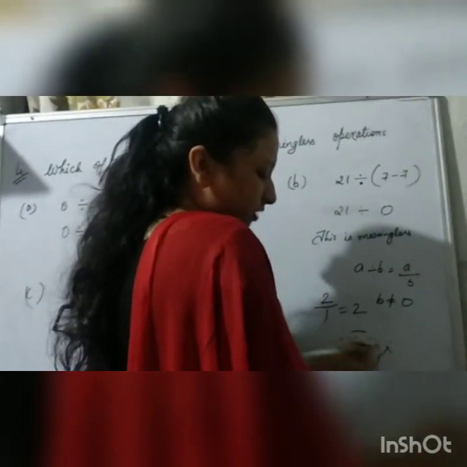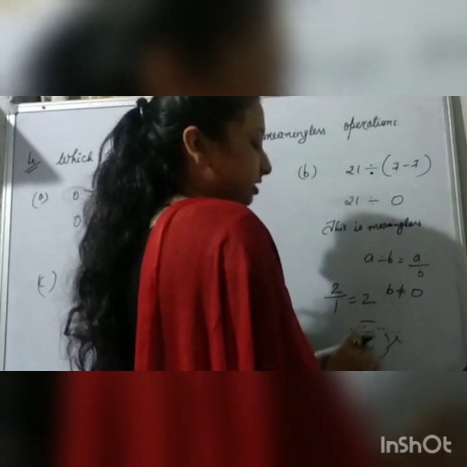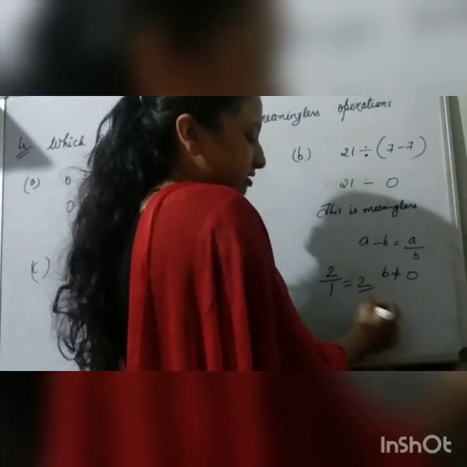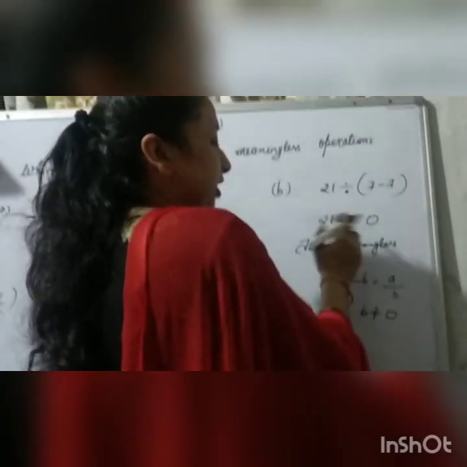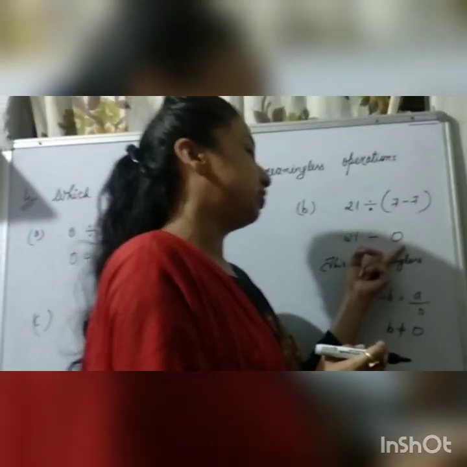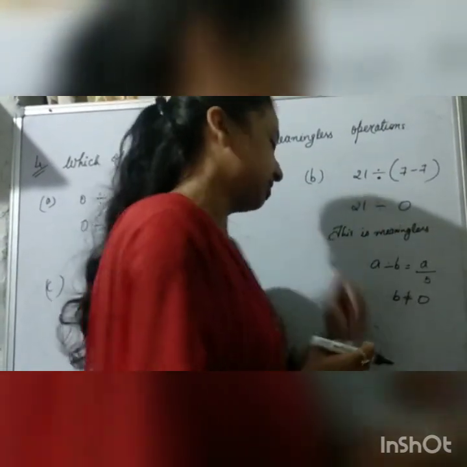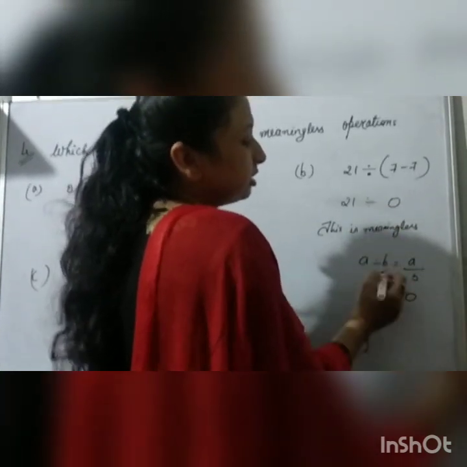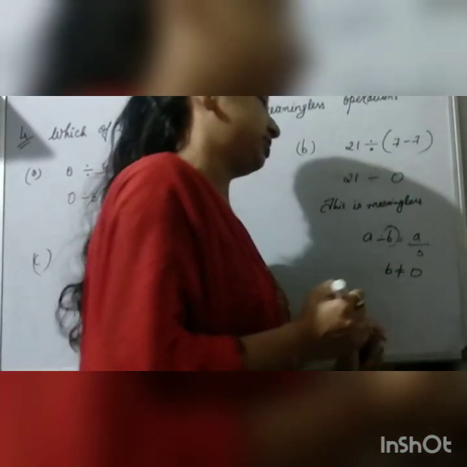So we cannot write 0 in the place of B, because we always assume 1. That means if a number is given, in the place of the denominator we always assume 1. So we cannot divide a number by 0. This is not defined, so this is meaningless. We have to always remember that the divisor should not be 0 in a division statement.